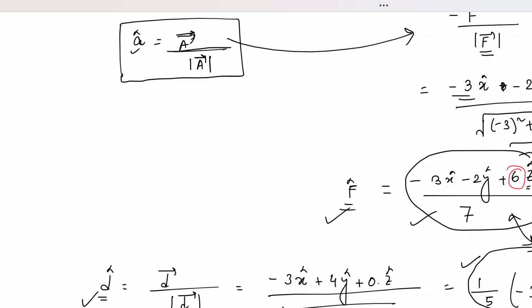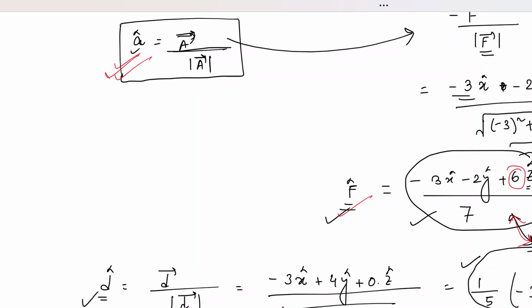But in some problems you will be given expressions of the two vectors where both have all of the x, y and z components, and then maybe you'll have to look at the expression of the unit vector and directly find out whether they are matching or not. In this case, I have done both ways. I have also pointed out how to quickly decide whether the two vectors have the same direction or not. And the conventional way of deriving the unit vectors also tells you that both do not have the same direction. So our question number 1 is answered: not the same direction.